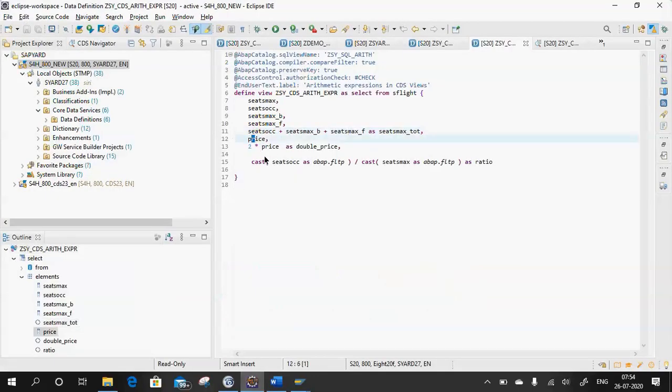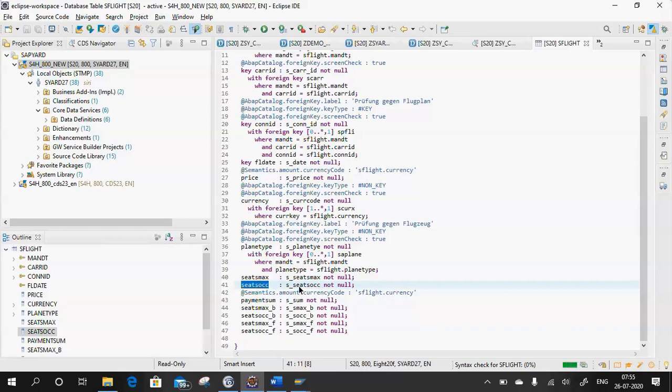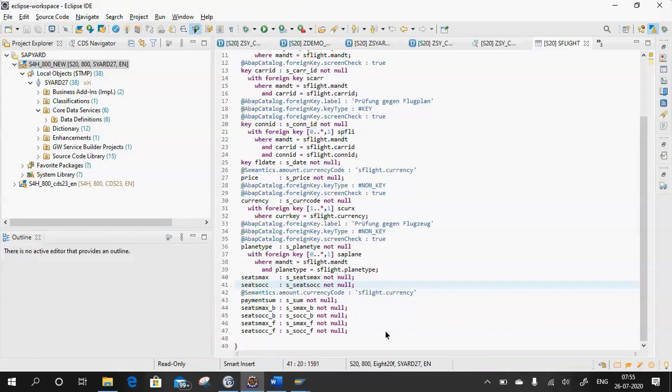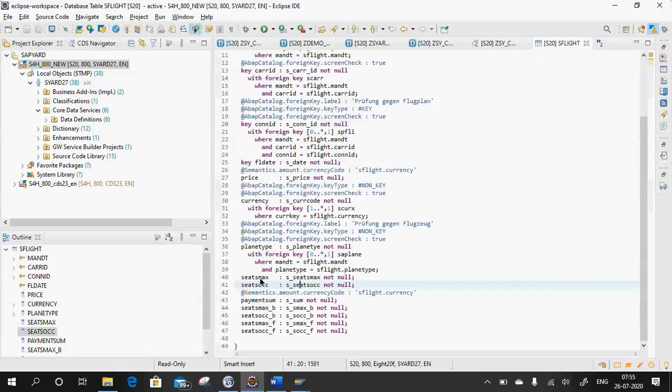So if you see here, price, if I navigate to this price, suppose, let us first look at these 3 things. Suppose I navigate to the seats occupied, seats max B and seats max F, what is the data type of this? Now if I do F3 on the data element, let me show. If you see integer 4, can you see integer 4? Similarly, seats max B. If I do a navigation on this,